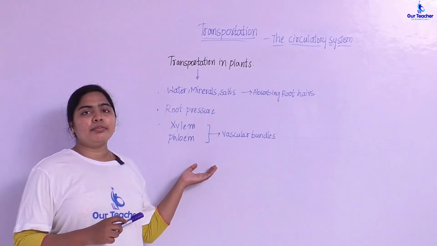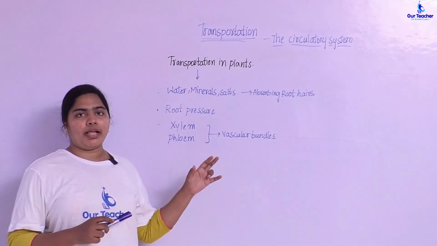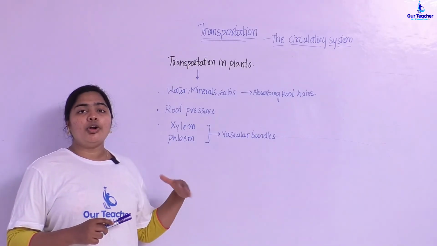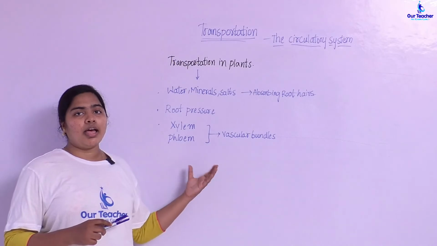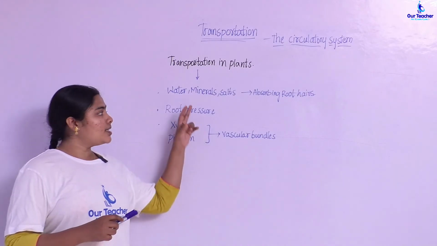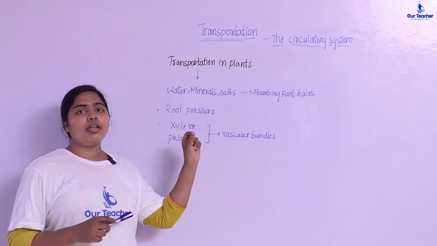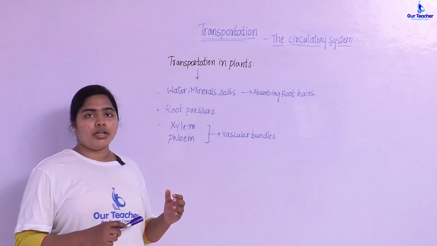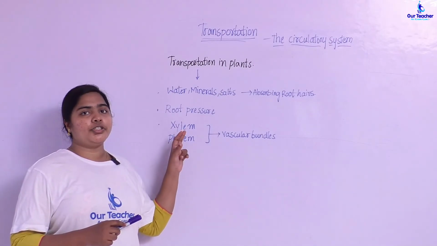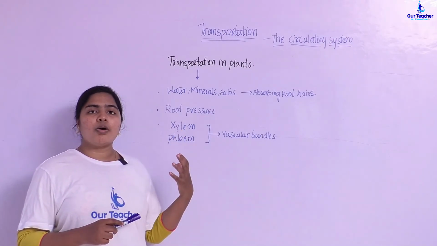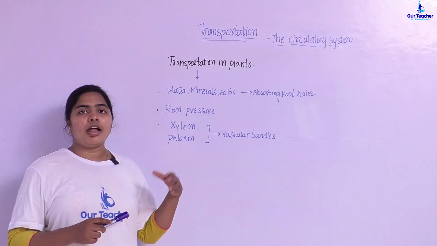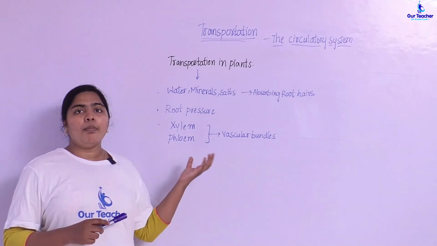Now, circulation or transportation in plants. In plants also, some materials like water and food need to be transported to various parts of the body. Plants do not have a well developed circulatory system, but they do have root hairs. These root hairs are absorbing root hairs which absorb water, salts and minerals from the soil. And another one is root pressure. Through root pressure, the water, minerals or salts from the soil enter the stem and finally the different parts of the plant.